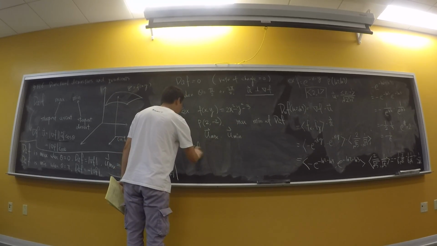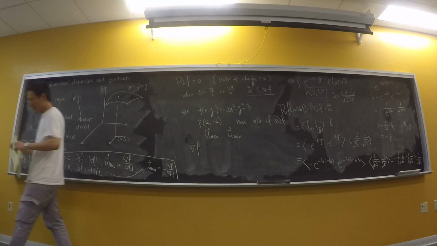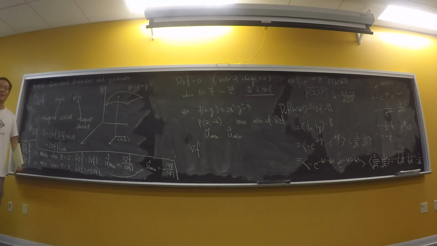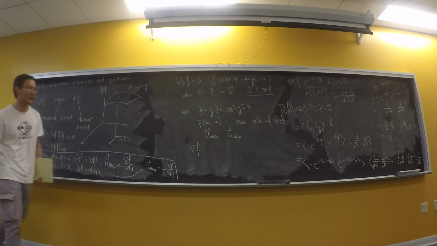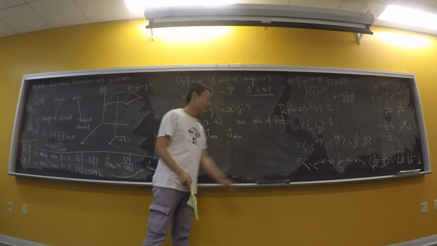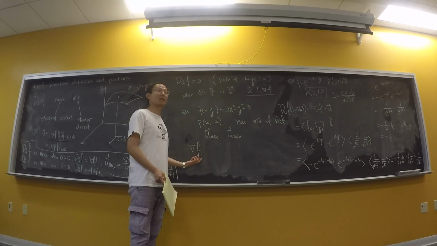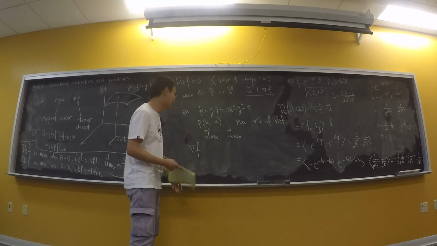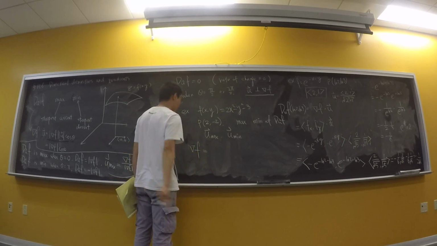So, gradient of f. Here is a very no-brainer beginning. As long as you see directional derivatives, you compute the gradient vector at the very beginning. The gradient vector will eventually come up, and you have to use it anyway. So as long as you see this kind of directional derivative, just compute your gradient vector in the very beginning, because you will be using it eventually. So the gradient vector is equal to